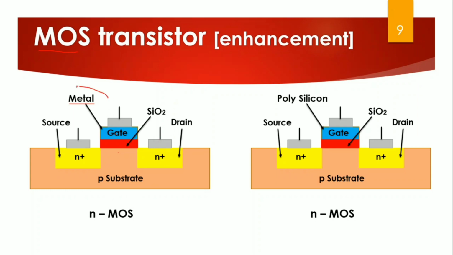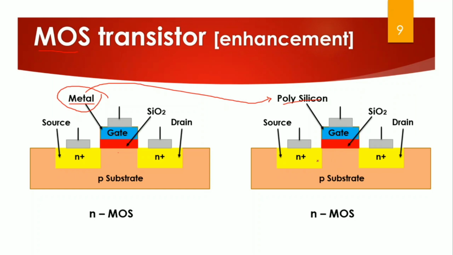But metal had a few disadvantages, like it was getting heated up very easily and it has a little high resistance. To avoid it, metal has now been replaced with polysilicon. We retain the name as it is, but instead of a metal gate, we are using a polysilicon gate. This is called polysilicon. The next is silicon dioxide. The base or the bulk, you call it the substrate. So it is metal oxide semiconductor.